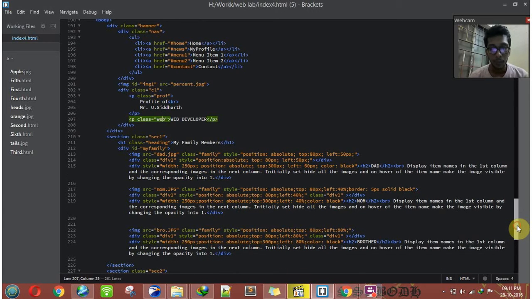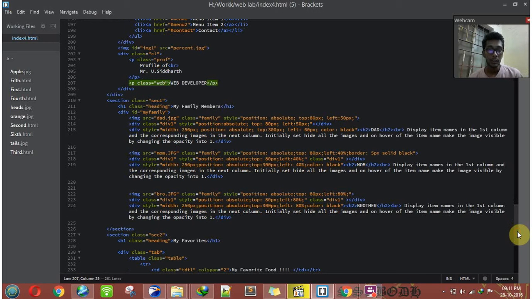The next part of the website contains family member details. For doing the family member details, we have specified a section tag with a particular CSS styling class known as section 1. The first thing in this section is a heading tag which shows my family members. Now the next part is a division tag, and this particular division tag contains three parts, each of them having an image. So three images are there,